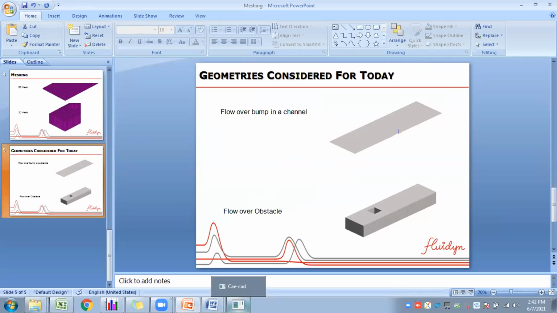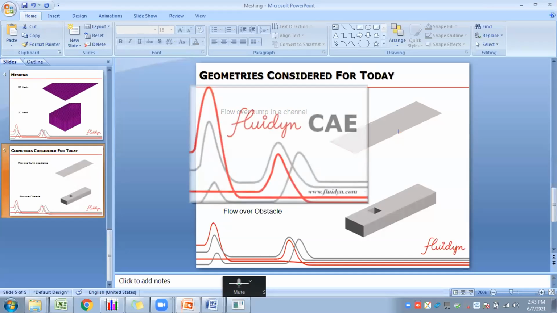For that, the geometry should be saved in STEP or IGS formats. Those are the two universal formats used for importing and exporting geometry files across software.